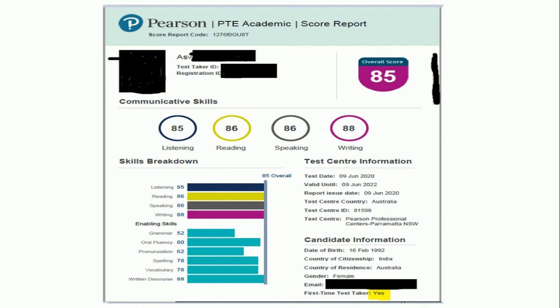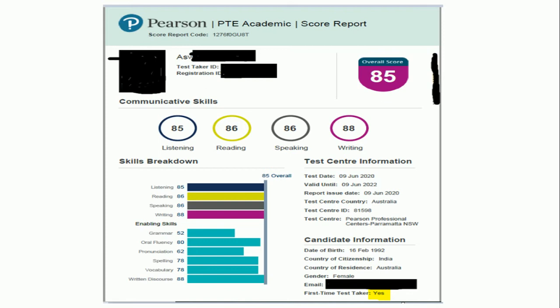The main point to note here is I am a first time test taker. As you can hear, I don't have a British or Aussie accent and I am from normal English medium. And yet I cracked PTE with flying colors. I just prepared for 15 days and I used proper tips. I haven't undergone any coaching and I didn't buy any professional packs online.